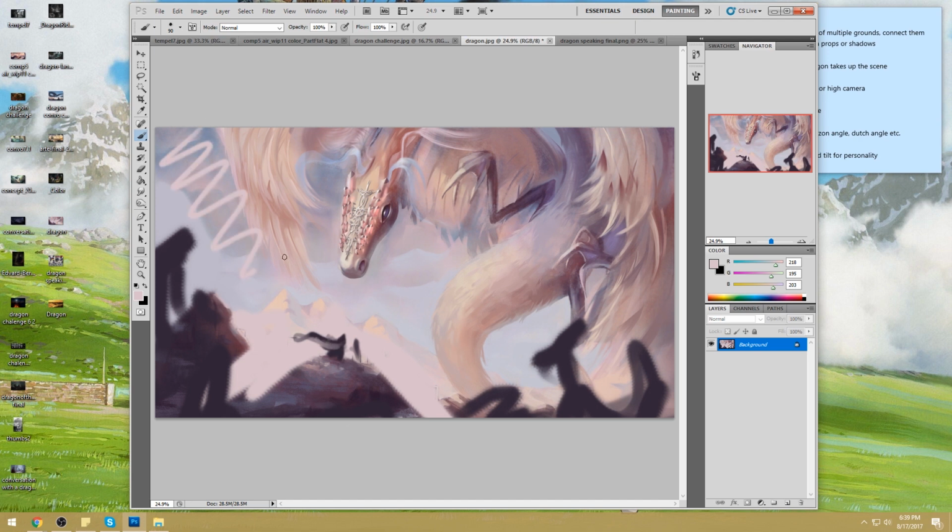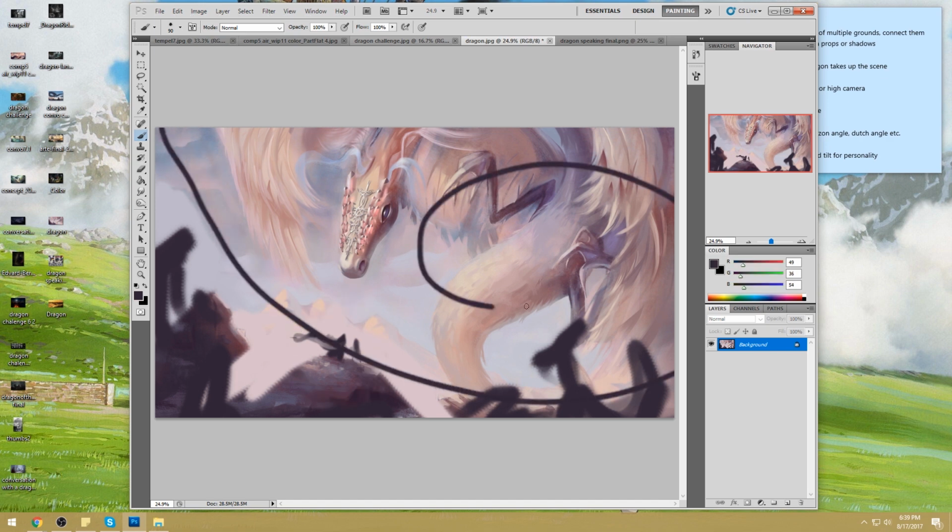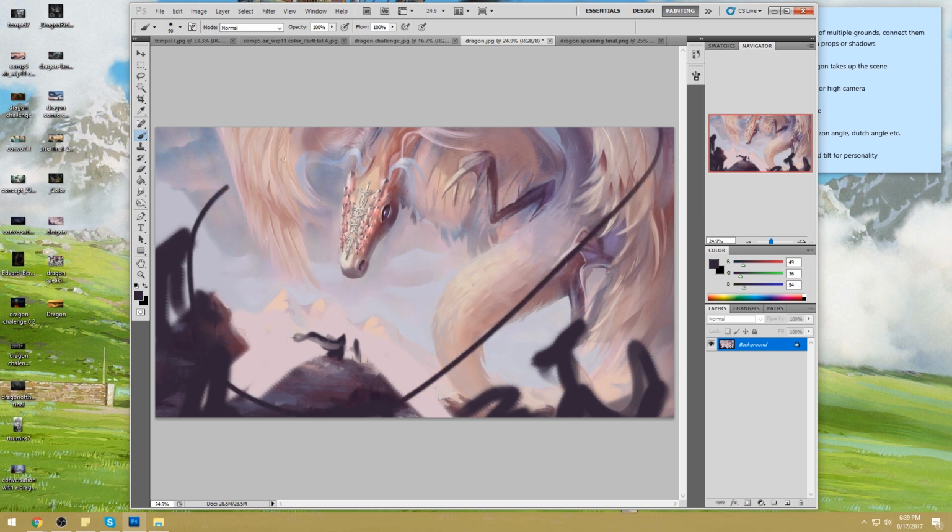This area feels a little empty. It's kind of like the start of that spiral, so we really want a little bit more. It's hard to tell where the spiral is going because at no point do we have the character